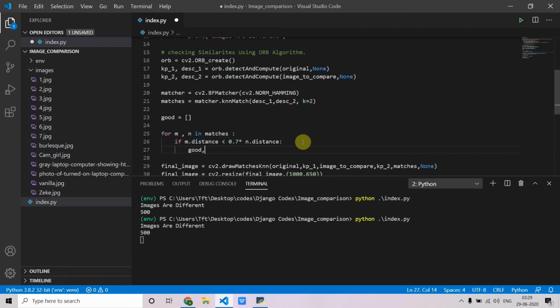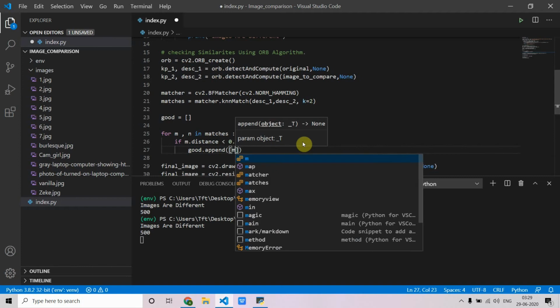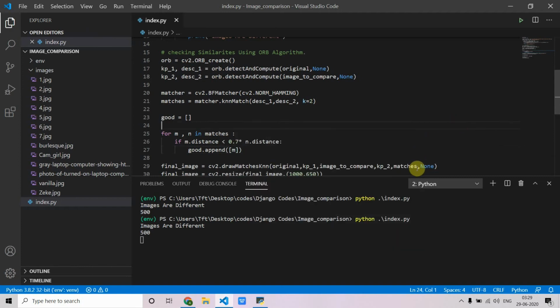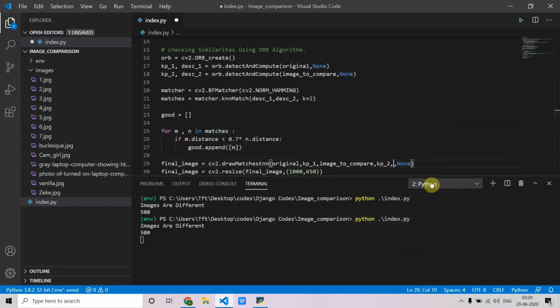So good.append m, and we are going to replace matches with good. Then again run the program.